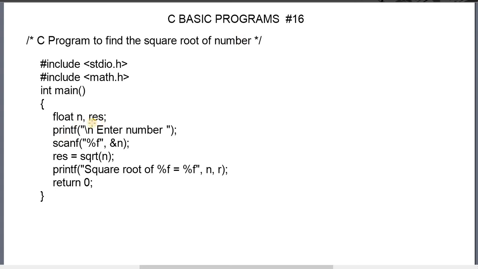Here we have declared two variables. Each variable can store a single value. The variable type is float, so each variable will take 4 bytes of memory. Each variable can store one float value. When the printf statement is executed, we will get the message